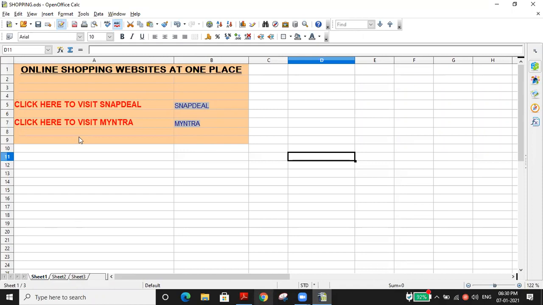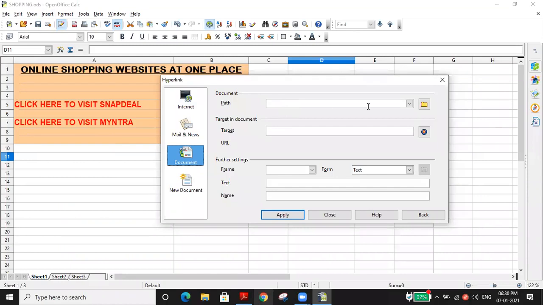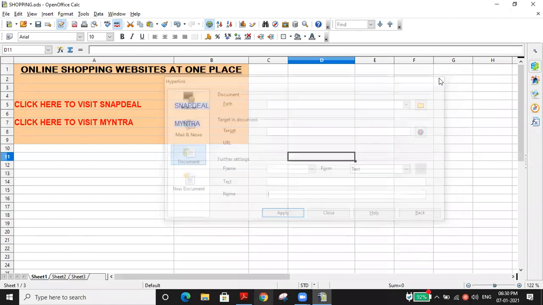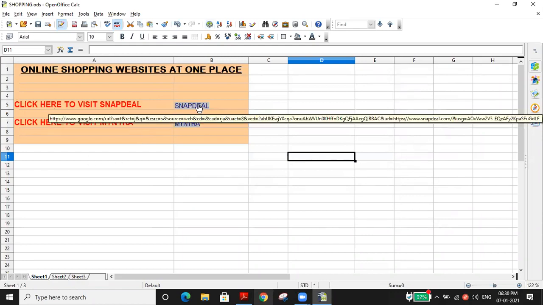We need not remember, just click. For example, Science 1 mark. You have downloaded a Science 1 mark file. Suppose you stored it in My Downloads, or in D colon or E colon, whatever drive. Once you create the hyperlink, it is very easy. One more thing: for documents, you have to select the path, the target document which you are opening, and the name, text, and the same thing. You just click apply and it will be very easy. Then the file will be attached. For example, 1 mark in Science, just give a link. By clicking that, that file will open.